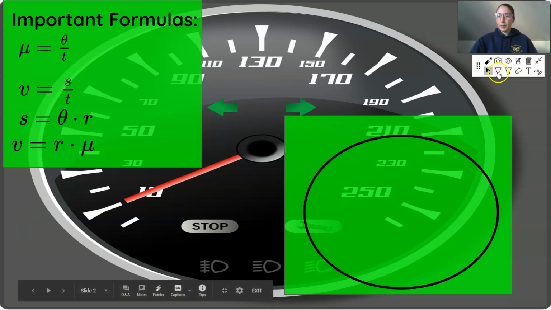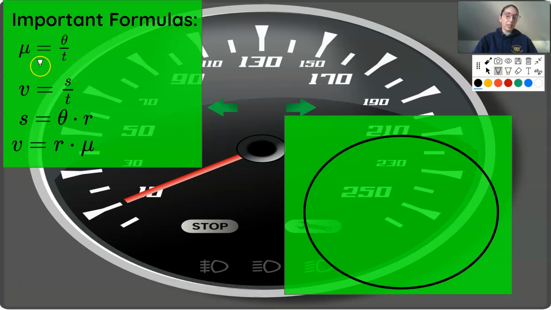The first one that we're going to go over is for angular velocity, also known as angular speed. This guy is the mu here, so this is going to be our angular velocity. And you'll see it also in textbooks or problems, they will also say speed. So angular velocity, angular speed. And what that is